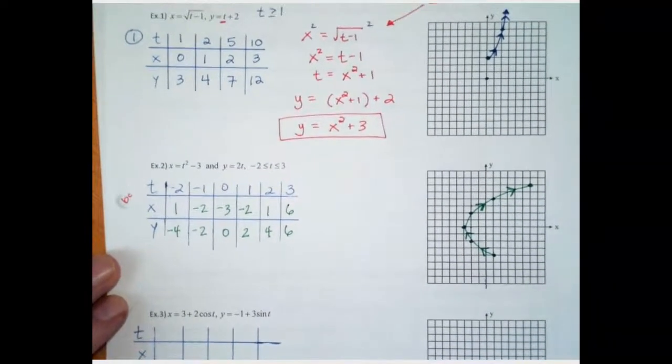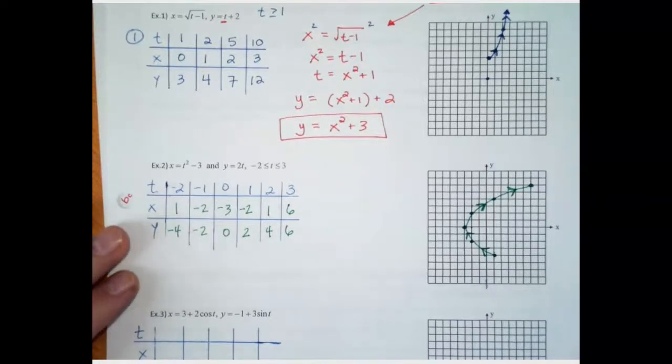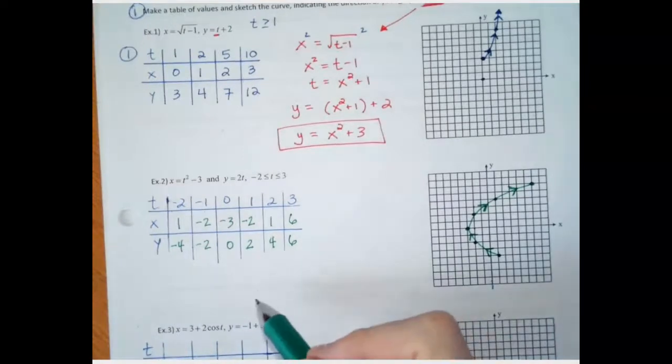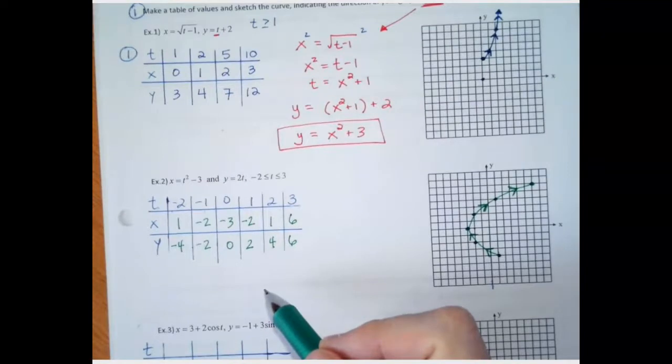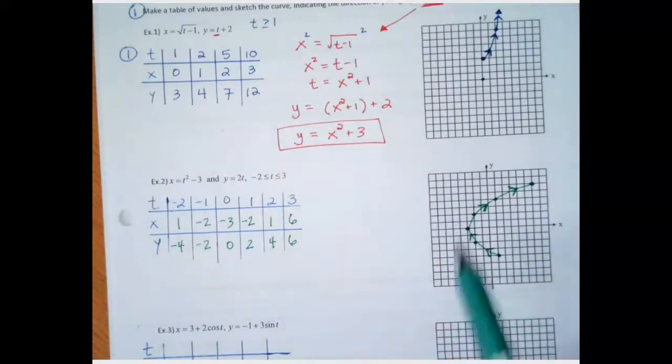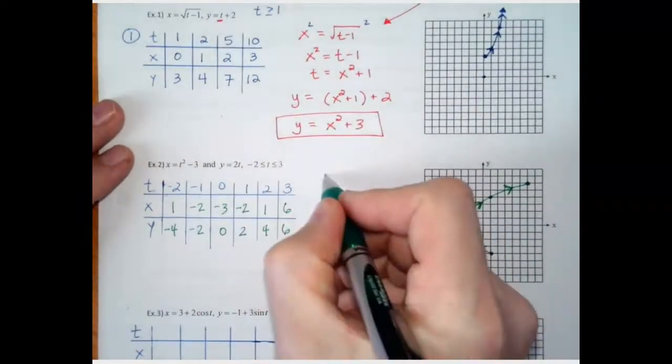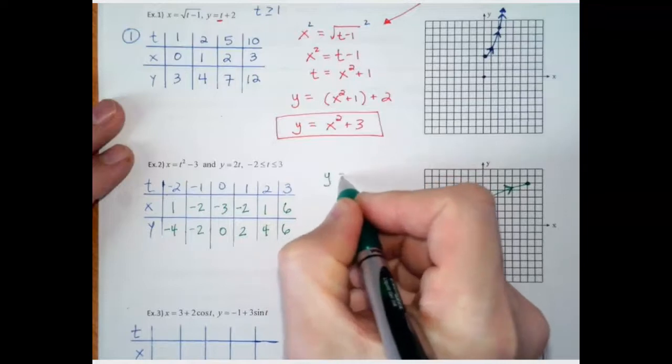And now we want to eliminate the parameter again. So this is a sideways parabola. Normally with a sideways parabola we have x equals. So if we solve this,